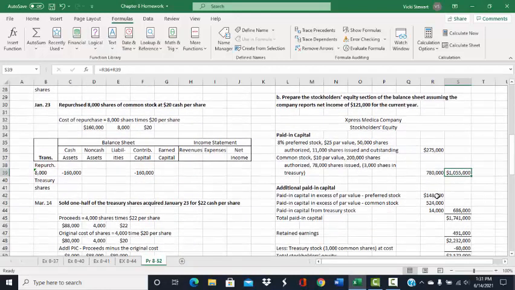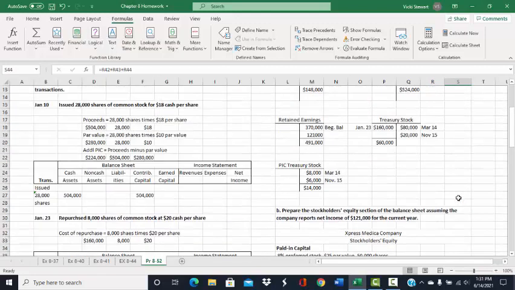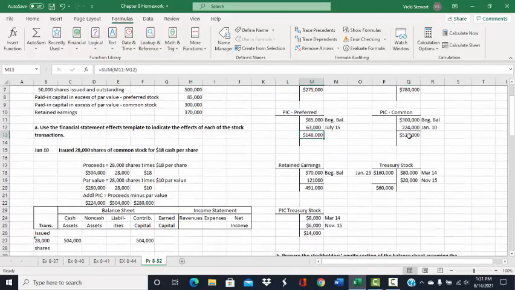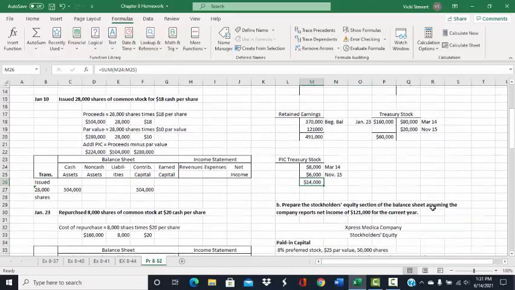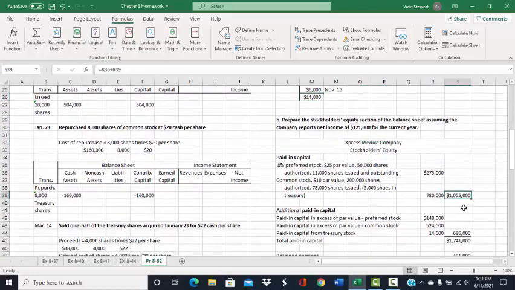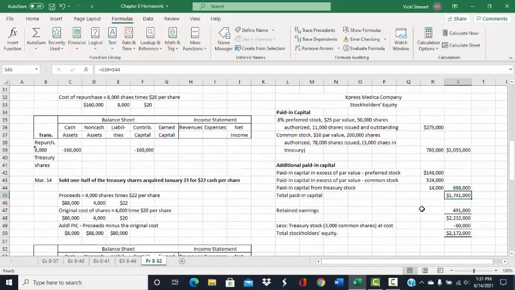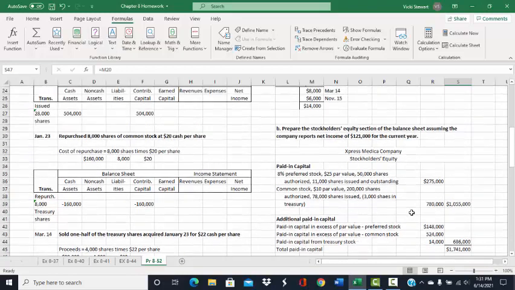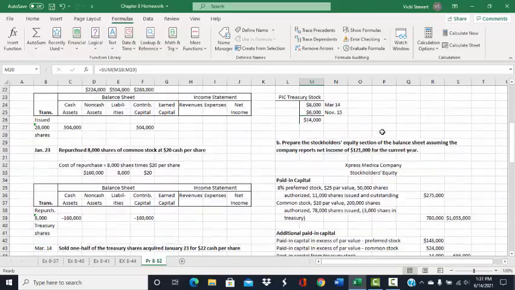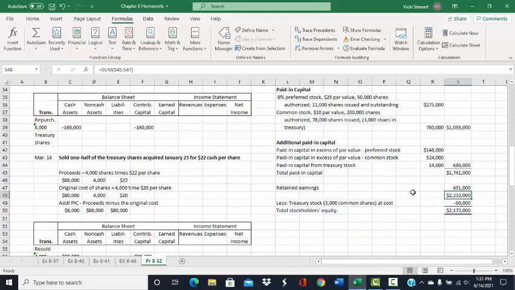Then we take the balances in our additional paid-in capital accounts for preferred, common, and treasury stock, and we get a total for those. And those balances came from our T accounts. Then we add our par value to our additional paid-in capital, and we get total paid-in capital of $1,741,000, and we add to that our retained earnings of $491,000, and we get a subtotal of